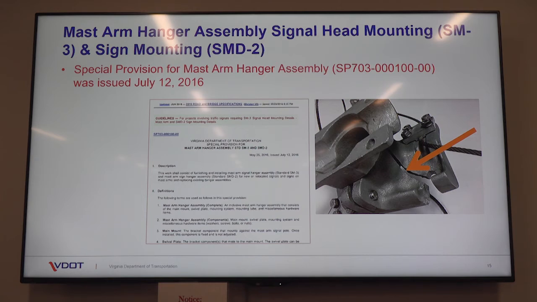So as part of this, I first wanted to define the 2 main tables or terms that we're going to talk about. When there is a mast arm hanger assembly that is replaced in full, so all components, the entire thing is new, that is a complete mast arm hanger assembly. When only certain specified pieces are replaced, that is the components assembly. So that'll be important as we dive into each of these scenarios. And we'll talk about the rules associated with each